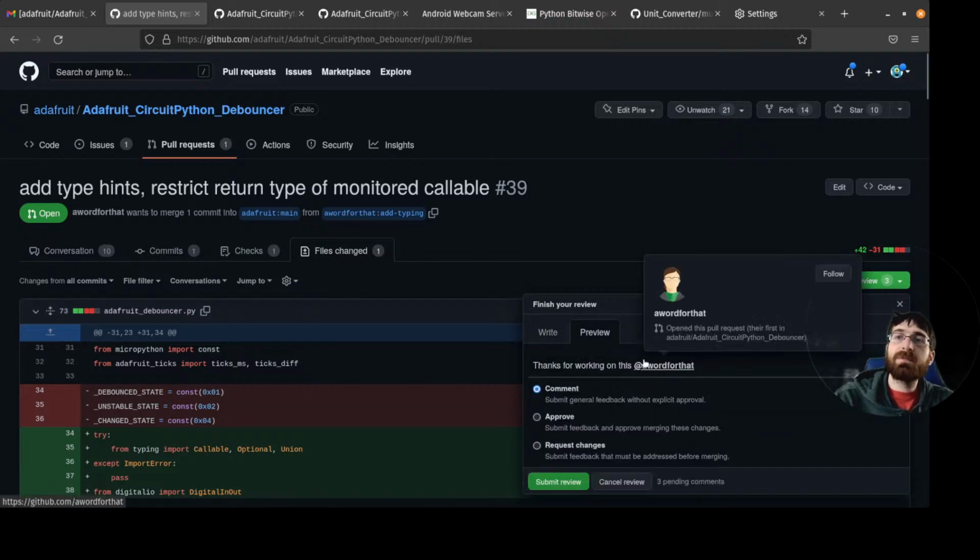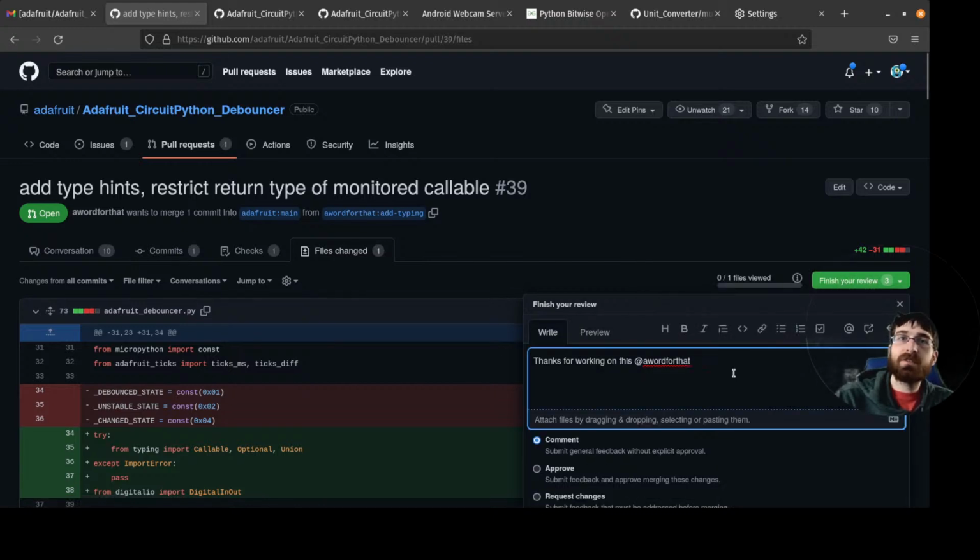I don't know why sometimes these don't autofill, but GitHub still knows this person exists, right? This pop-up is showing them, but it didn't want to autocomplete. Sometimes it does.